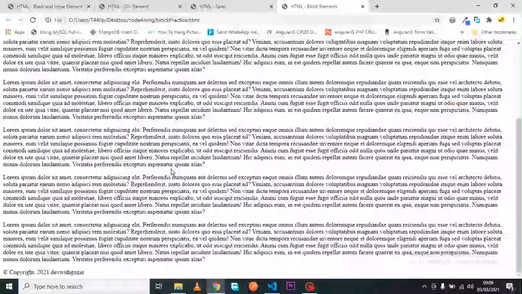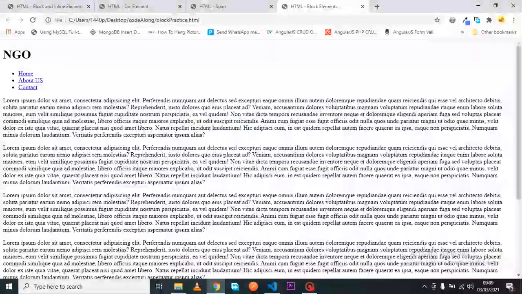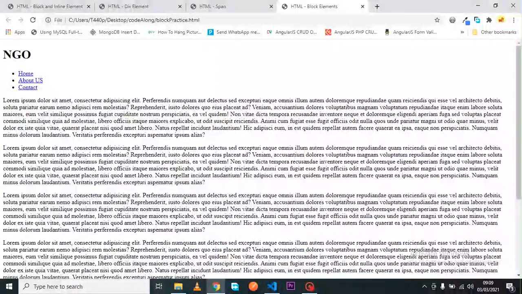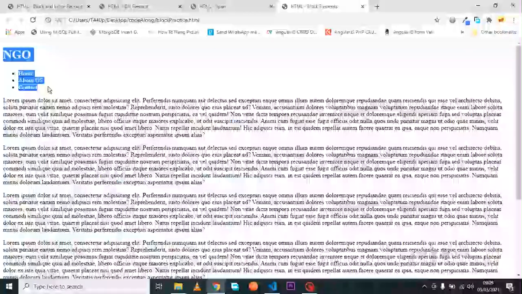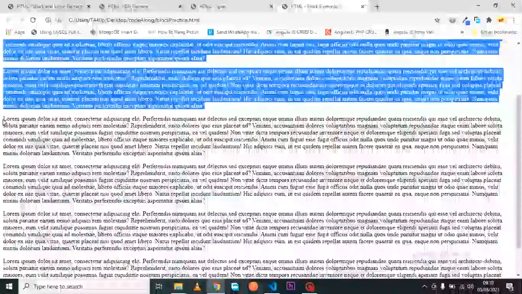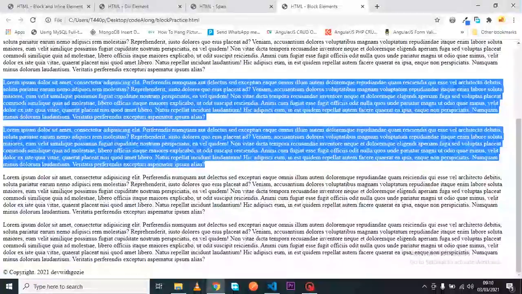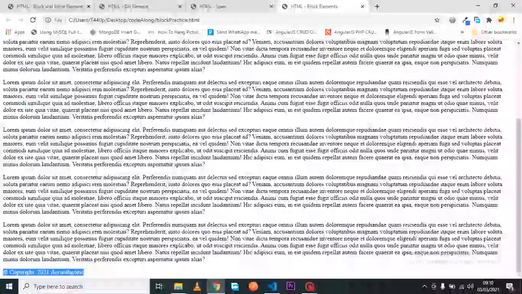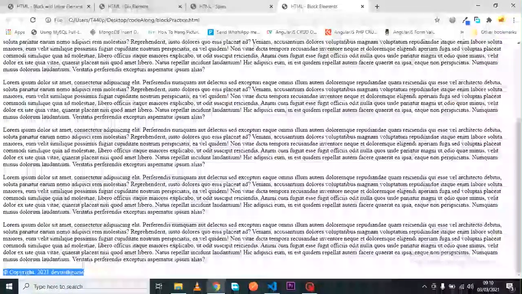It looks uninteresting because we've not applied CSS. So when we go to the CSS class and apply CSS to this, it will look a lot better. You wouldn't see these container sections by looking at this, but we designed it so we could tell that our head section starts from here and stops here. The first section is 2 paragraphs, so these paragraphs are within the first section. These ones are within the second section. These ones are within the third section, and this is our footer. Okay, so just a brief on how to use them. During our CodeAlong, we look at how to use them to solve